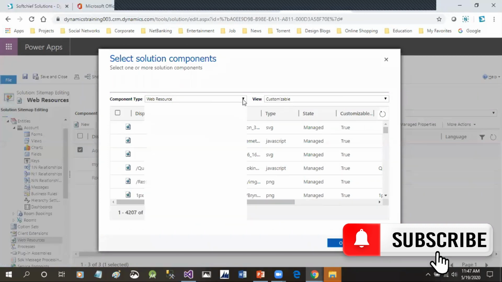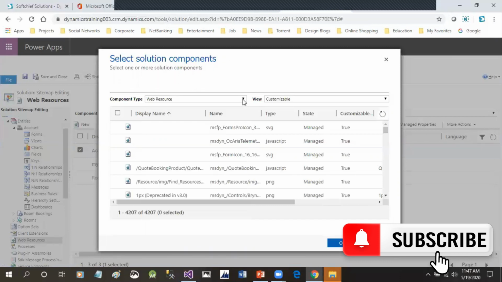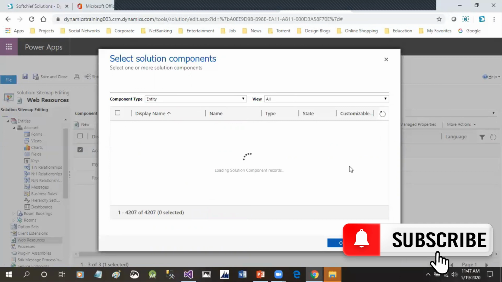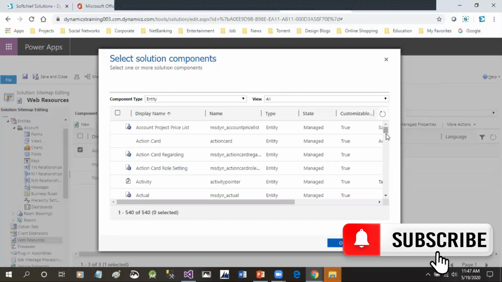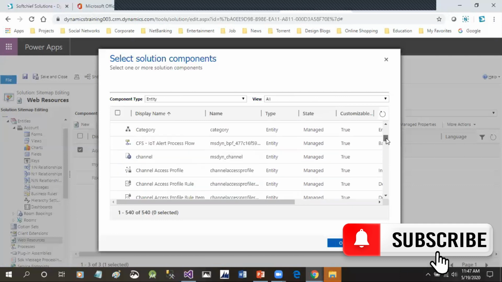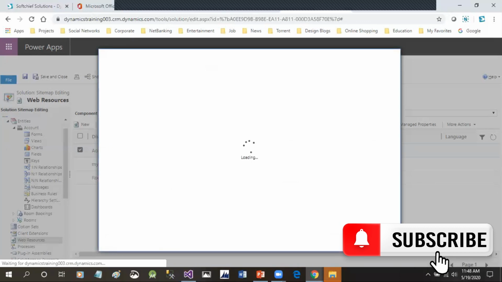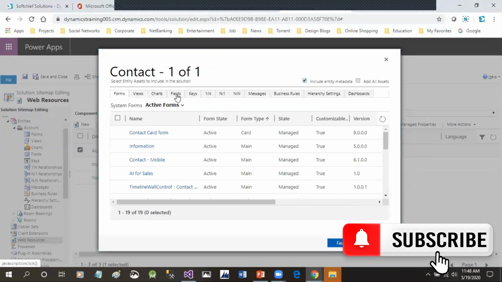Click on these entities. I want to add the contact entity in this solution. Just select the entity, click OK. I will go to fields and search for the email ID field.